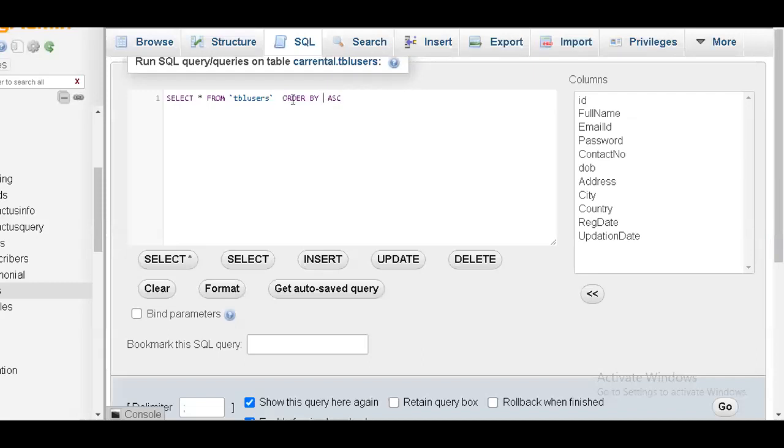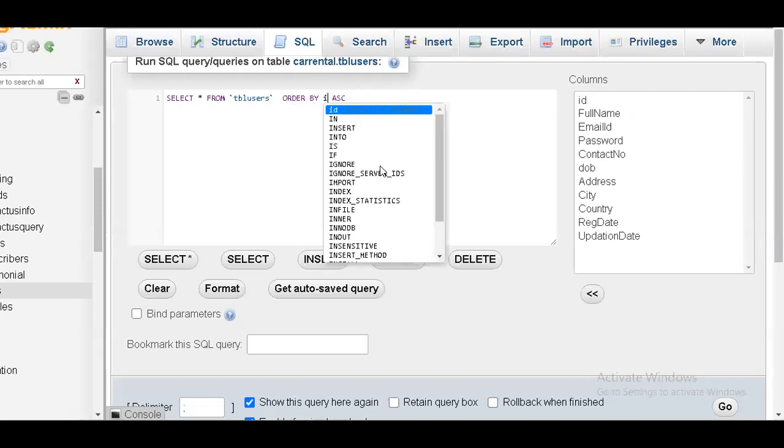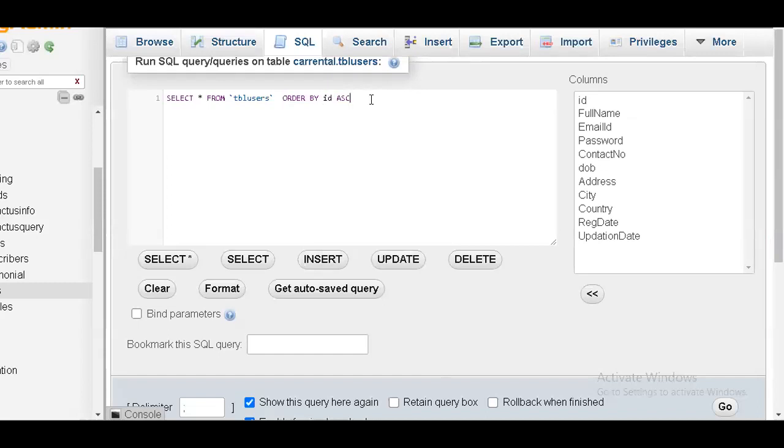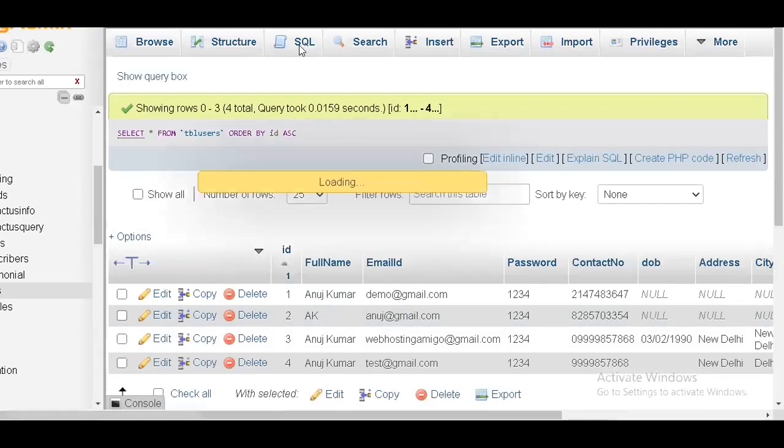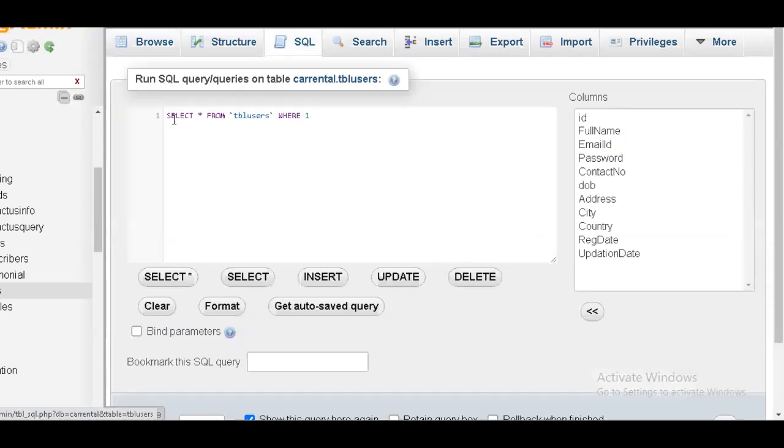First of all, we see, yeah, I got it. Order by ID. So I have to use the field name. So again, I'll show this one. So select the table name, give the condition.